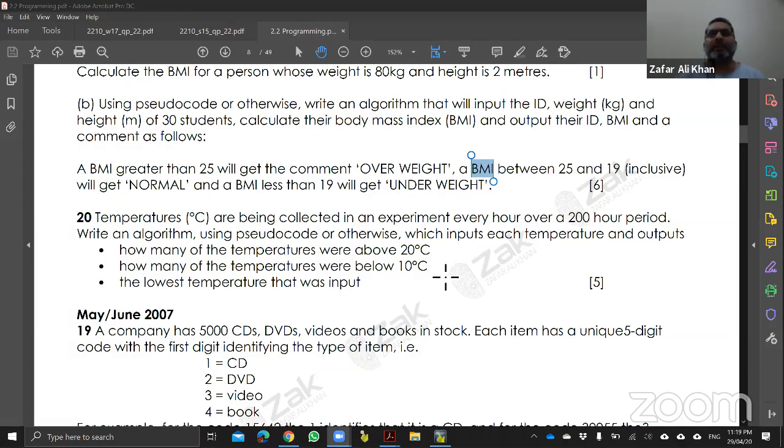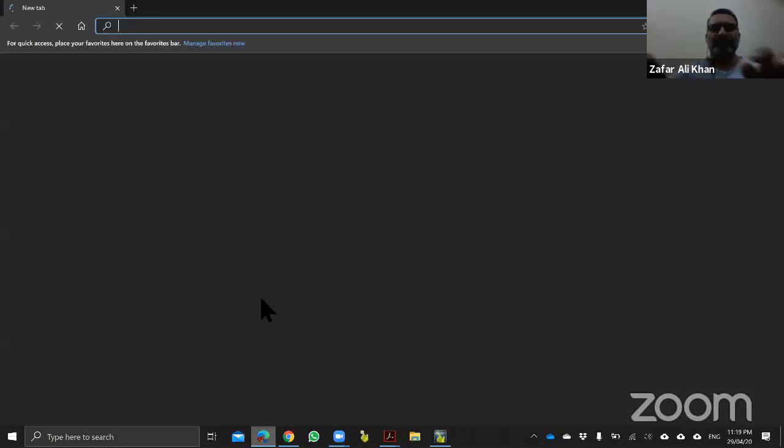Yes, sir, please. So this is a simple for next, but it requires us to count how many times we have to count. So we have to take 200 times temperature, and every temperature will be calculated against 20 and 10, and we would have to count in two different variables. Remember that counting requires us to have +1. So again,